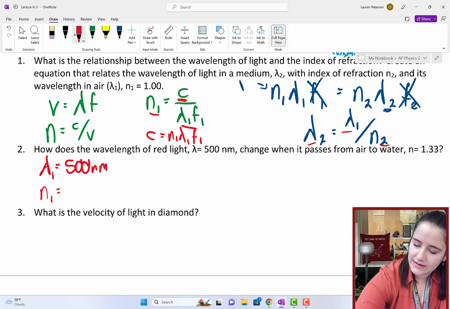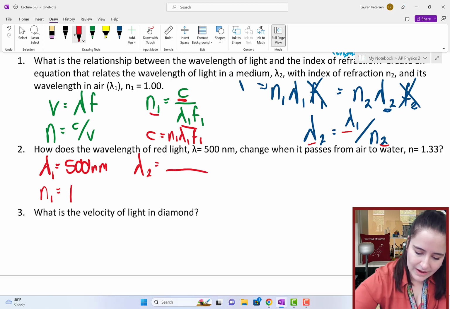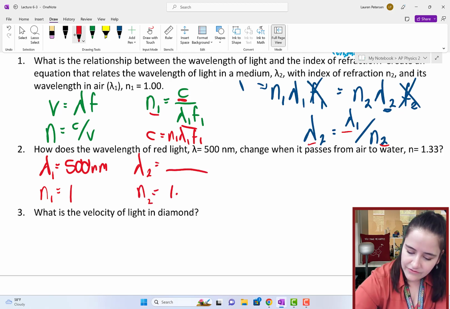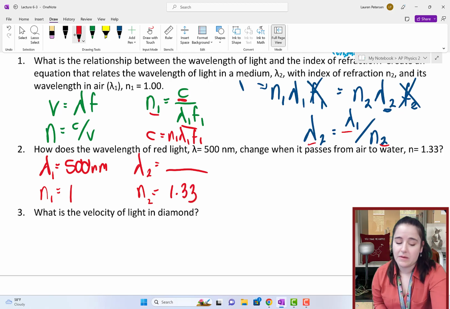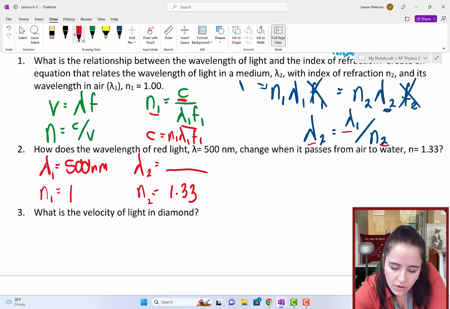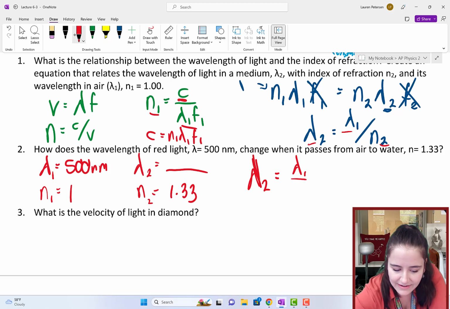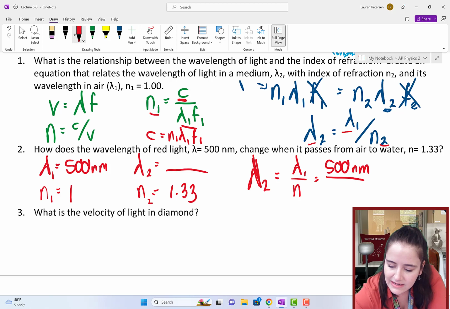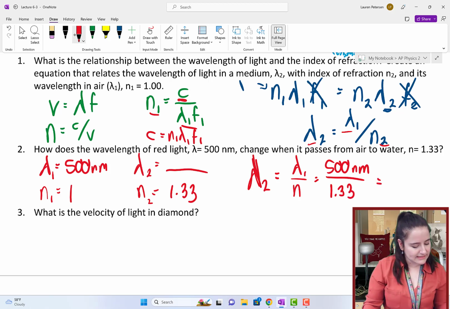So we know N1 is 1, and we want to know its wavelength in water, which has an N of 1.33. So again, frequency is constant, so wavelength 2 will be its wavelength in air divided by that index. So we have 500 nanometers divided by 1.33, which gives us,